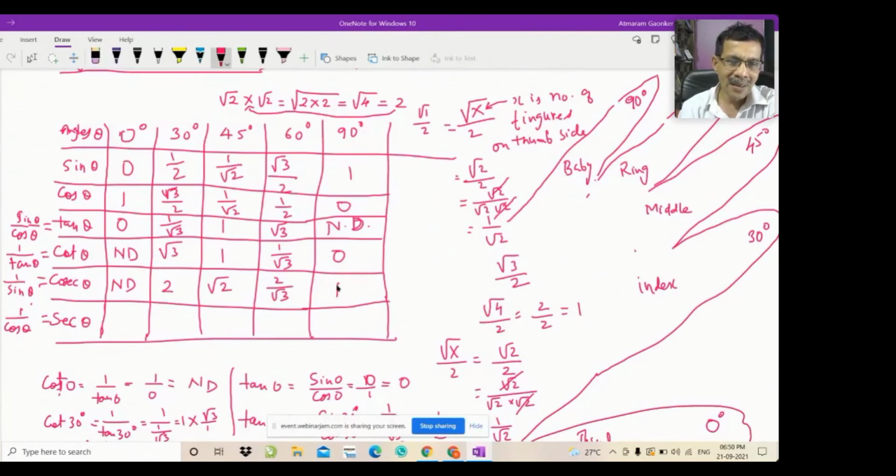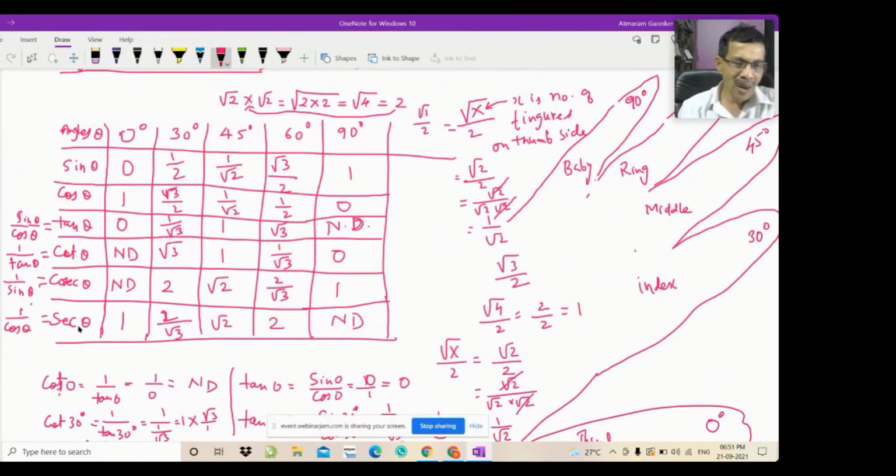So I will start, take this last value and put as first value, take this second value, last value, and put as second value in this, that is 2 divided by root 3, and this is the middle one, it will remain as it is. Then the second one I will write as second last 2, and the first one that is not defined I will write as the last. So this is not defined.